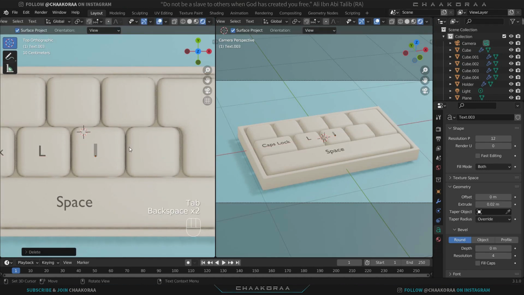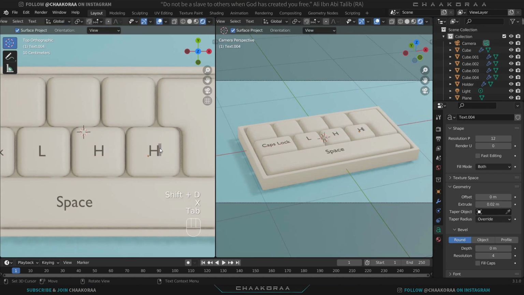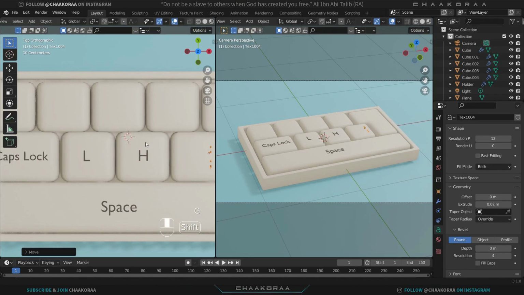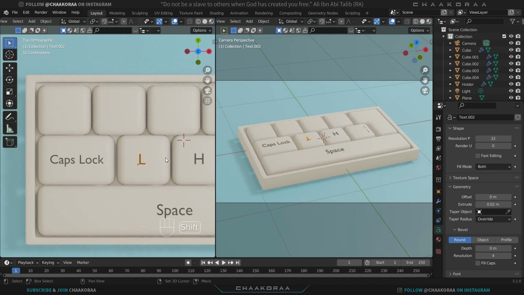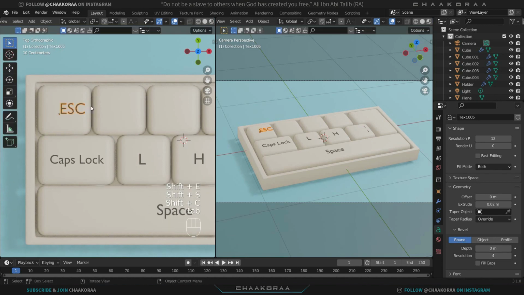Then I'm going to change it to maybe H, and another one should be the semicolon, and this one you can scale it down a little bit slightly, and there you go. For this one, let's take a copy and change this one to ESC key, this one,